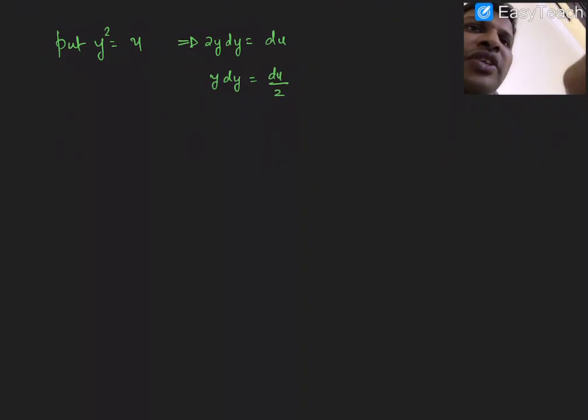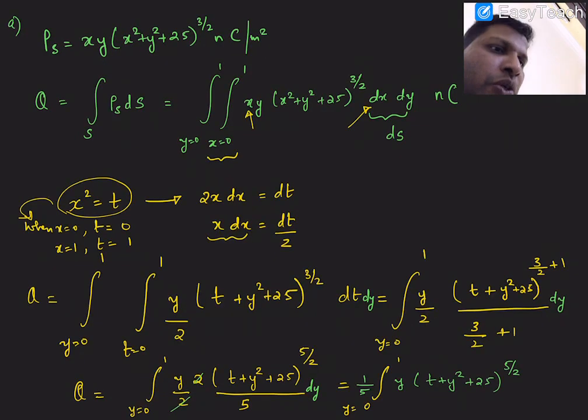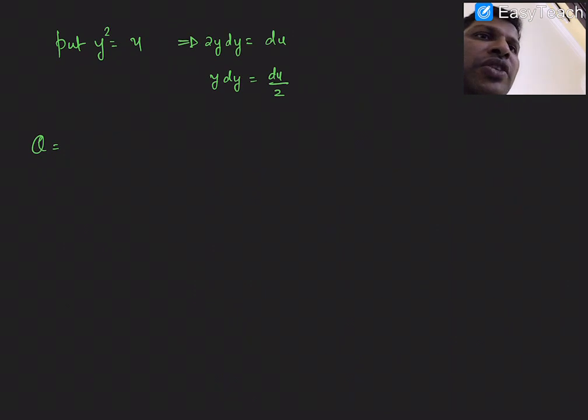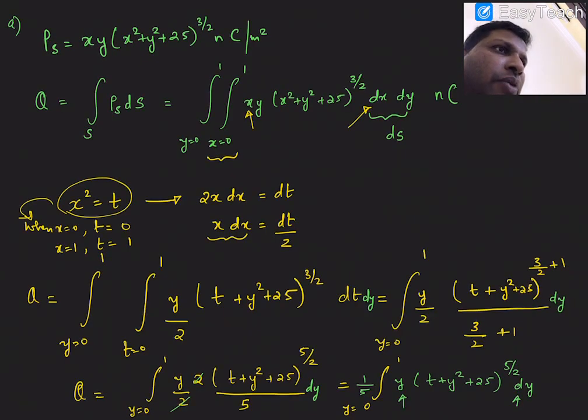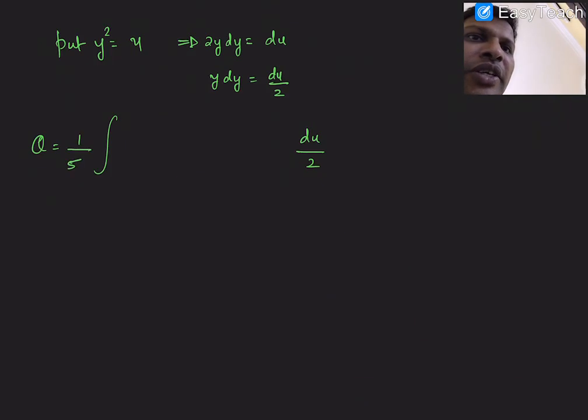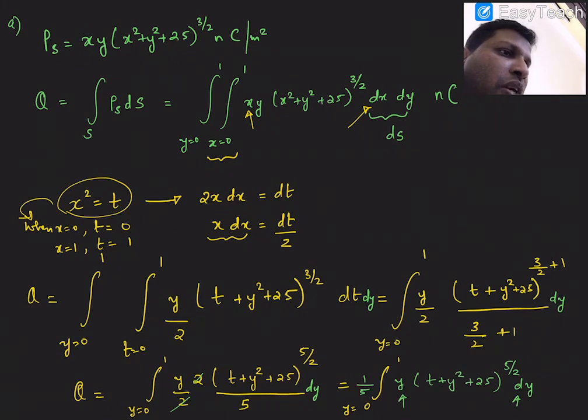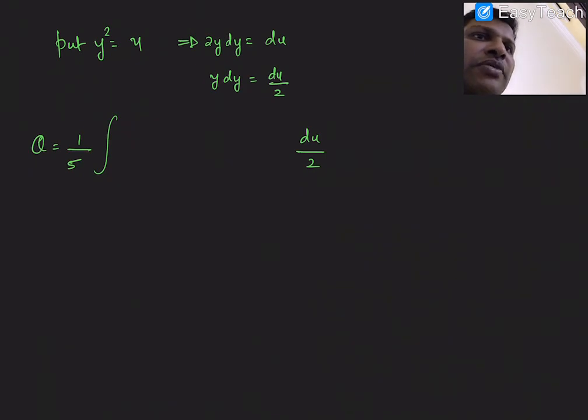So we will see this equation, q is equal to, you can see in this equation, with respect to dy, y multiplied with dy is there. So with that I will be replacing it with du over 2. Then I already have 1 by 5, so I will write it here 1 by 5. Next, y into dy I have already replaced, then t plus,